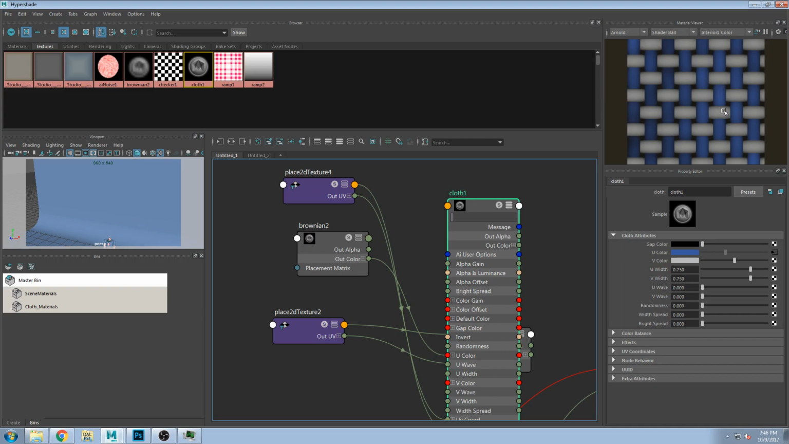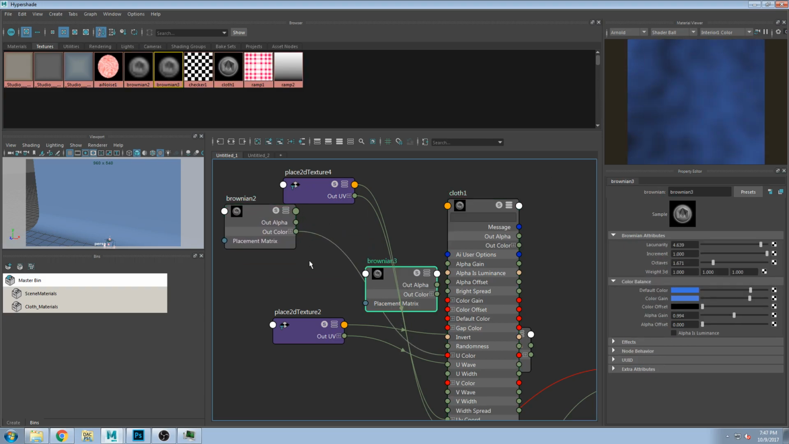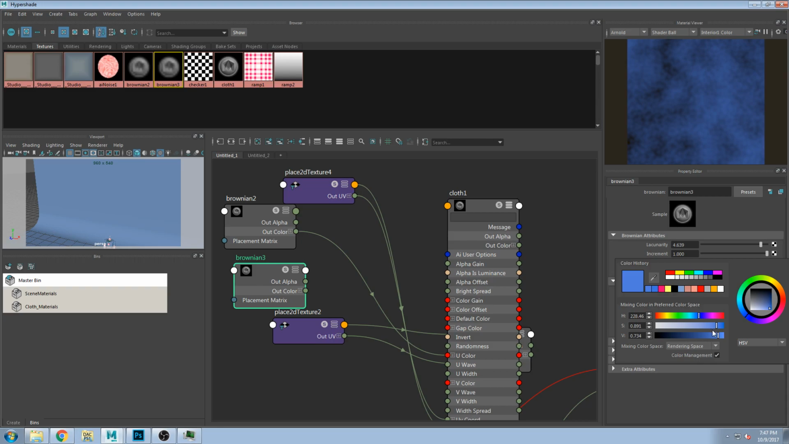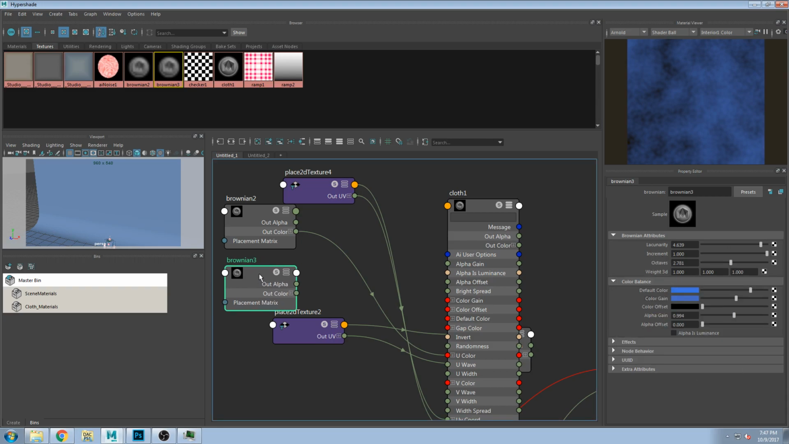So it just creates something that's not perfect. It's like half the time with these things, you're fighting how perfect things are. They don't look real because they're just too perfect. So if I make a copy of that and maybe up the octave so that it's a little more noisy, and then maybe take the color and knock it down a little bit. So I just made another copy, and I'm going to plug that one into the